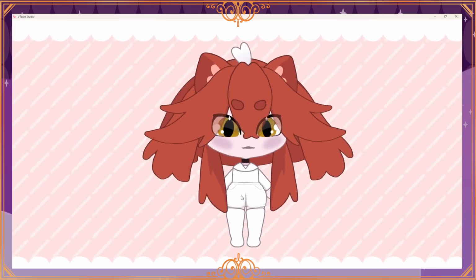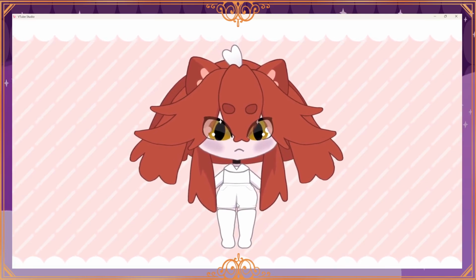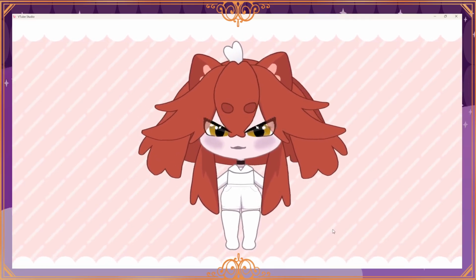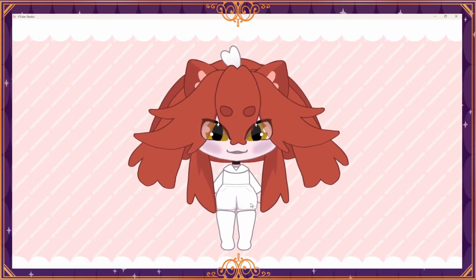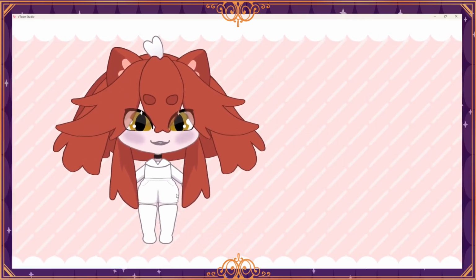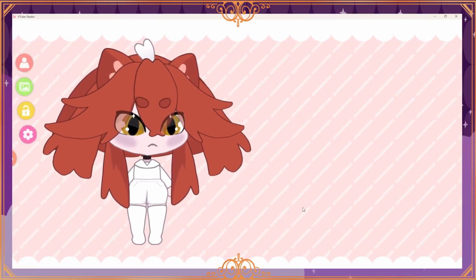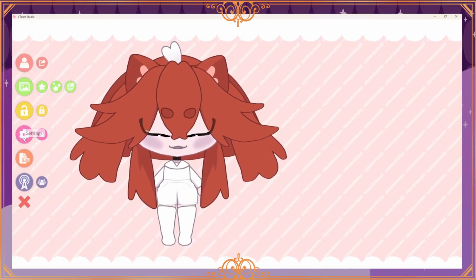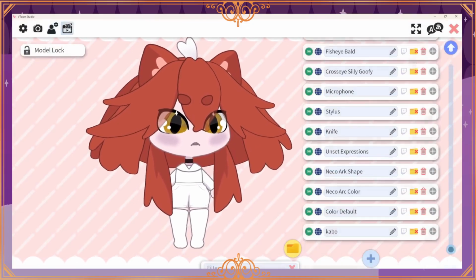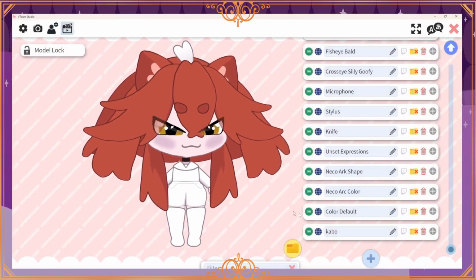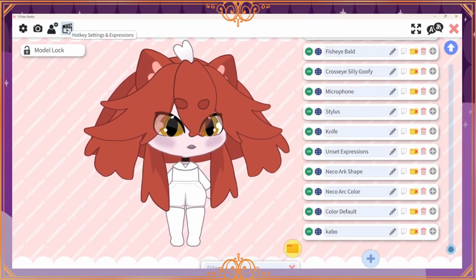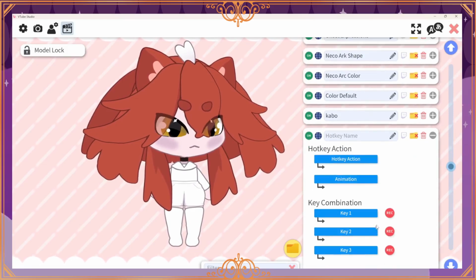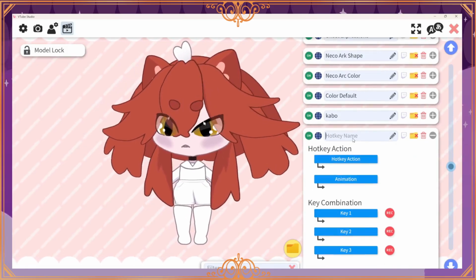So at this point, what you wanna do is you want to record these colors and make it a toggle so you can easily get to it and take it off, right? Because otherwise, when you go to, well, let's first make an expression and then I'll show you what it does. So when you do this, you gotta go to your hotkey settings and expressions, press the plus at the bottom, name this something. I'm gonna name mine